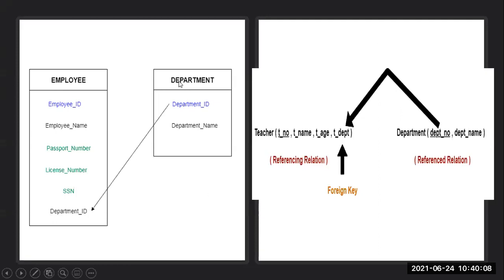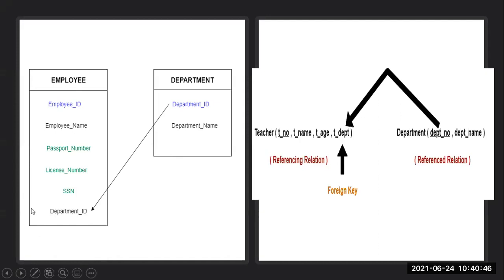Coming to this point, in the department table, department ID is going to be the primary key. So whatever values you are going to insert for this department ID should be referred to here, to identify in which department the respective employee is working. What is the department ID? With the help of department ID, we will come to know the name. To find out the name of the department where he is working, we only have this ID; with the ID alone, we cannot identify the name of the department.